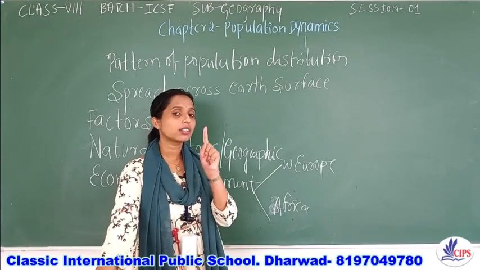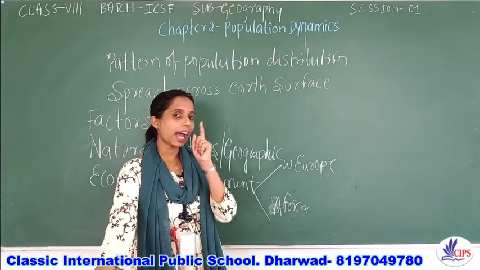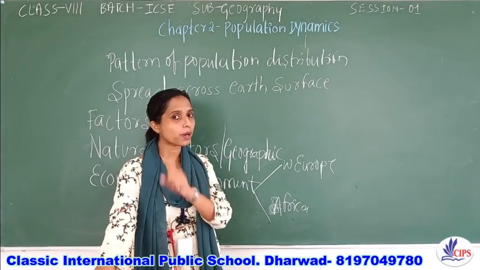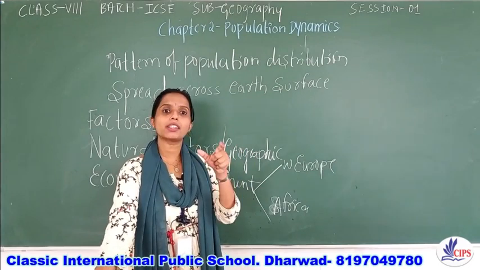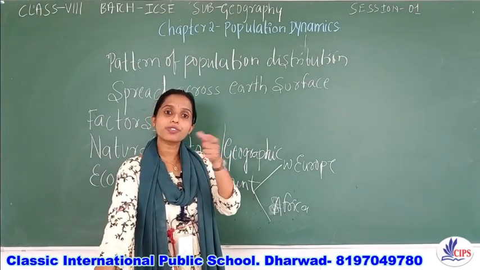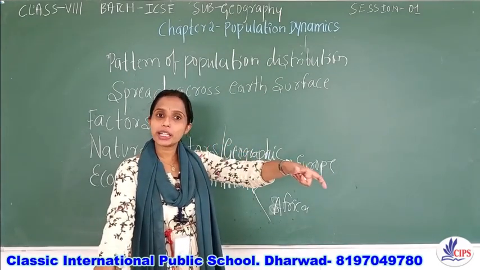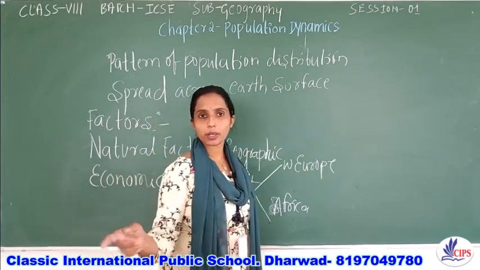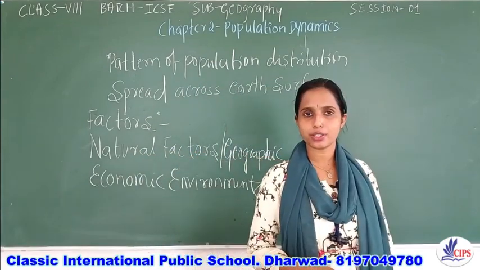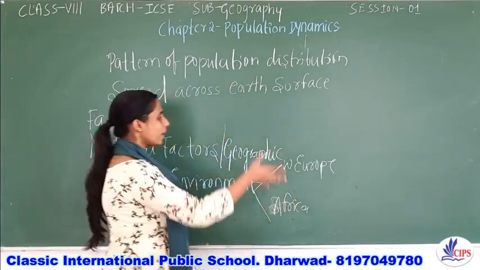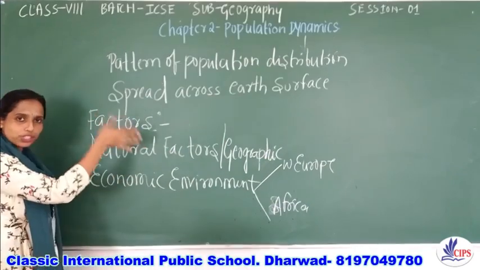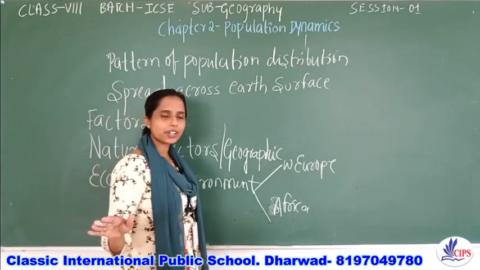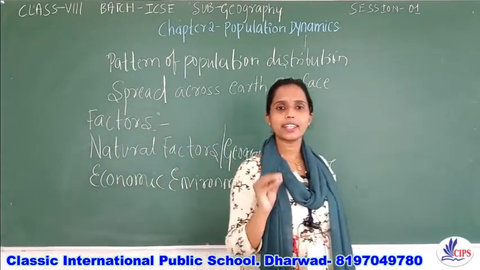Why? Because the only reason is that in that area it is the Indus system, the Ganga system and the Brahmaputra system which is making the difference. It is because of these rivers that the area is fertile, and because of this people are thickly populated, not because of the climatic conditions. So it is the culmination of all these factors which influence the pattern of population distribution of any country, any region or any location.